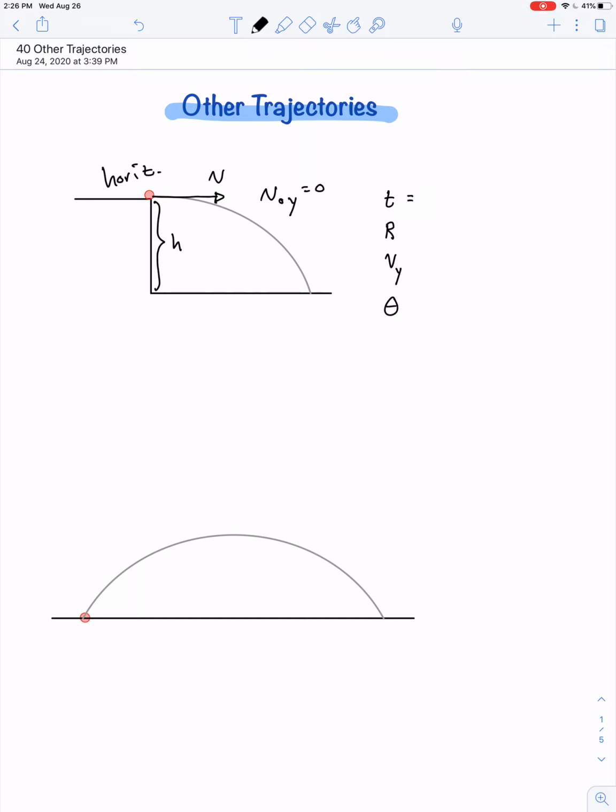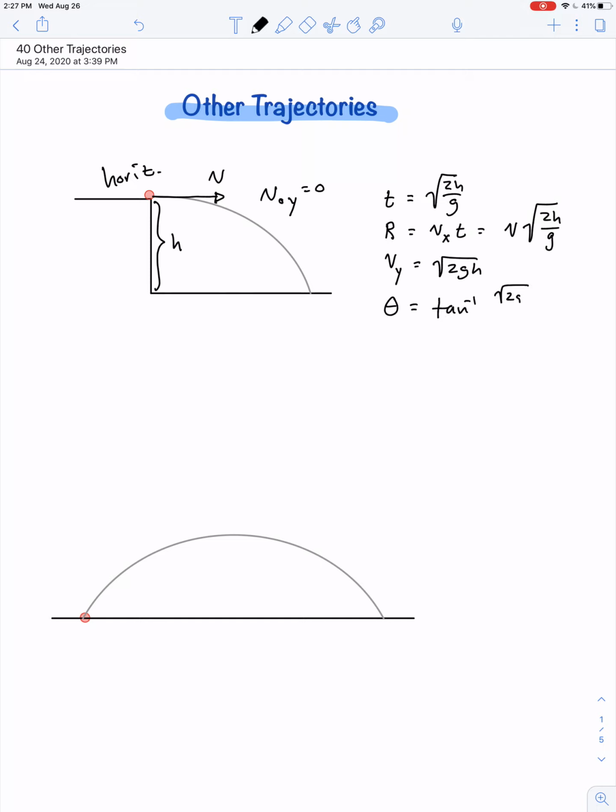I think the point here is with the equations I'm about to list, if you have the time, see if you can rederive them from basic principles. So the time is the square root of 2h over g. The range is the horizontal velocity multiplied by that time, which gives us v times the square root of 2h over g. The vertical speed is just the square root of 2gh, and the angle of impact is the inverse